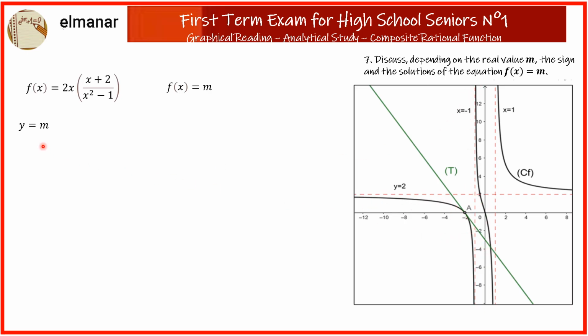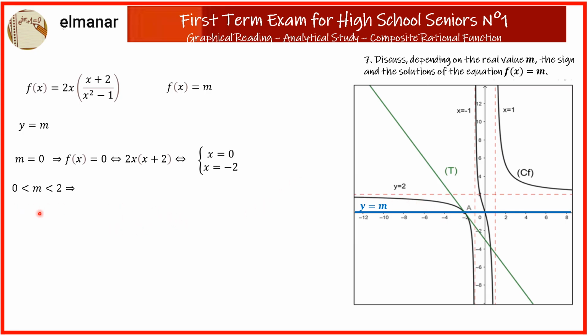horizontal line whose height is equal to m. Analysis for different values of m. When m equals 0, the curve intersects the horizontal axis at 2 distinct points, one where x equals 0 and another where x equals -2. When m is a small positive value, the curve intersects the horizontal line corresponding to m at 2 points,